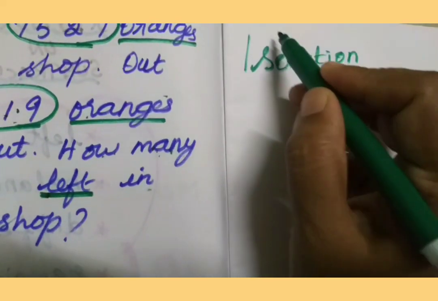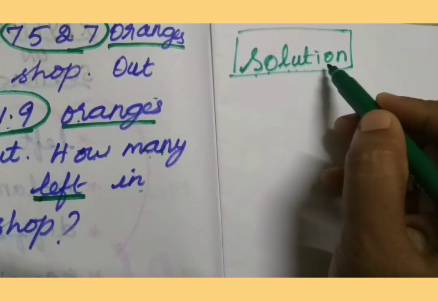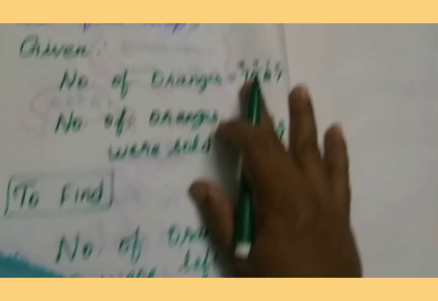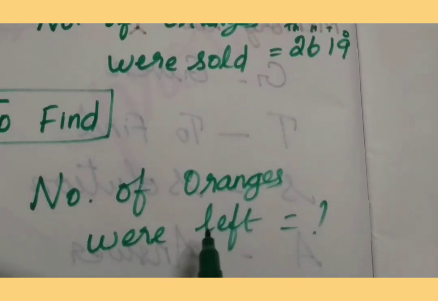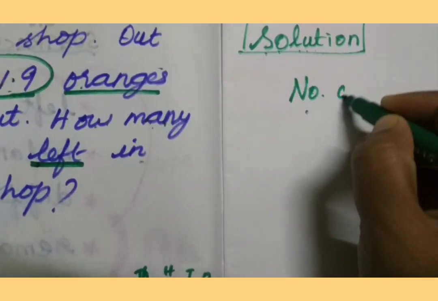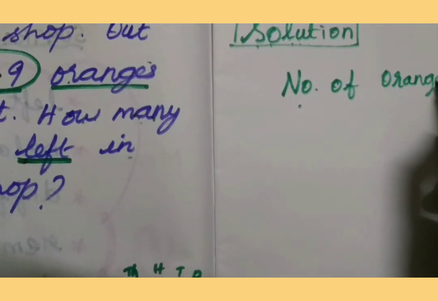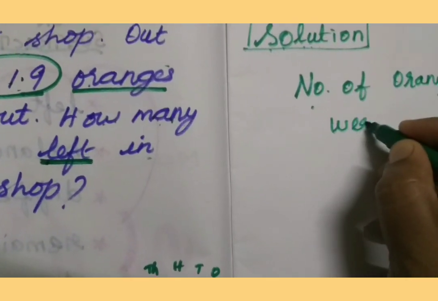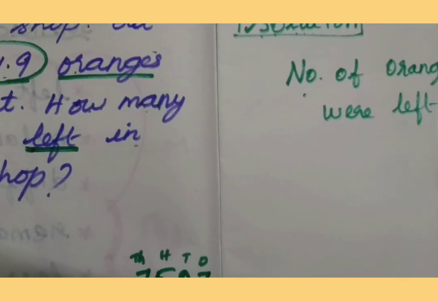So solution, what is the spelling of solution? S-O-L-U-T-I-O-N. And the same statement that is written in number of oranges were left, you should write in the solution part also. Number of oranges were left. Here you have to write the number